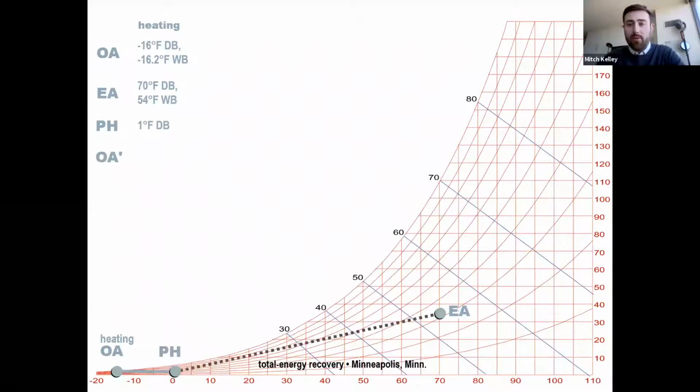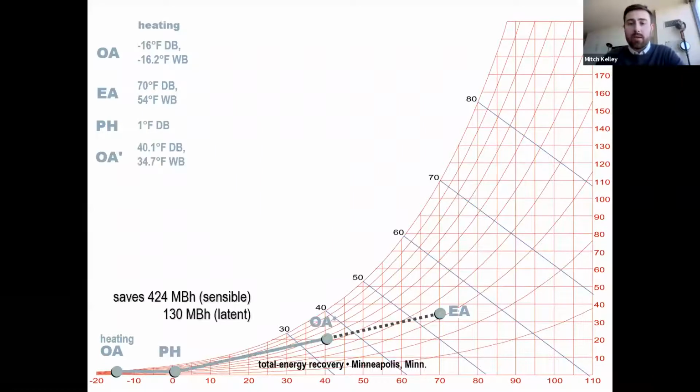But if we look at the heating mode, similar to the coil loop, when the wheel surface temperature is below the dew point of the return air, moisture will condense. If the surface temperature of the wheel drops below 32, this moisture will form frost. The outdoor temperature at which frost will form on a total energy recovery device is lower than the frosting temperature for a sensible energy recovery device. This is because the wheel removes moisture from the return air, keeping the condition of the air away from the